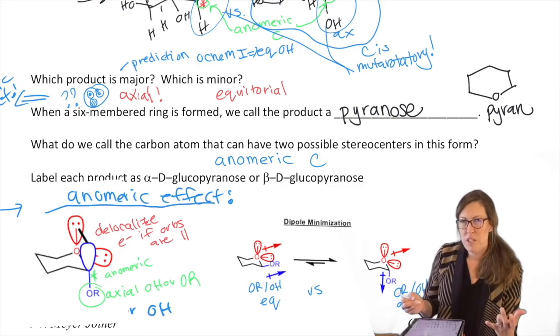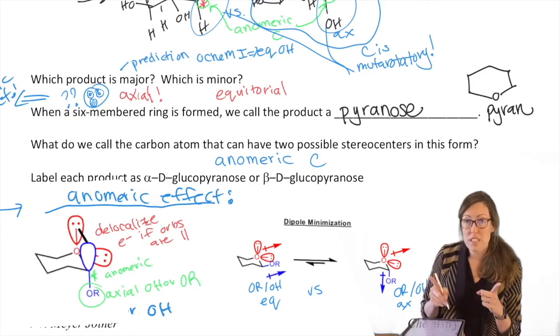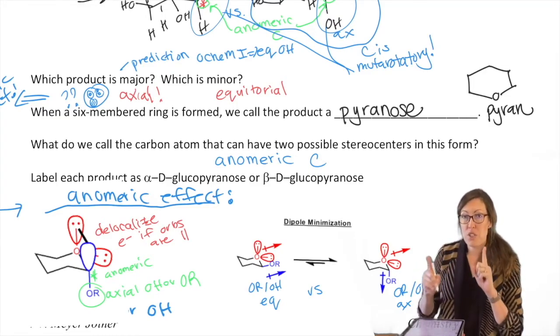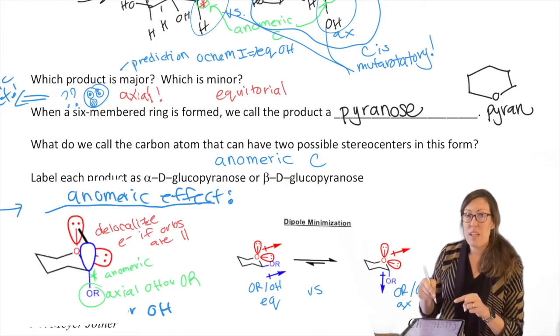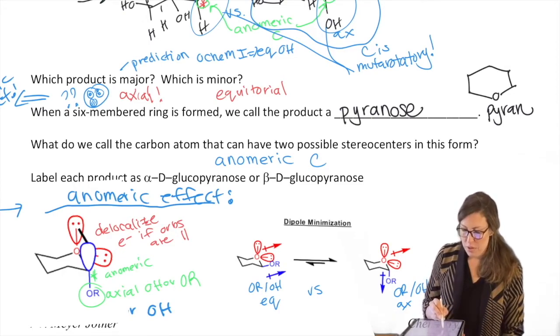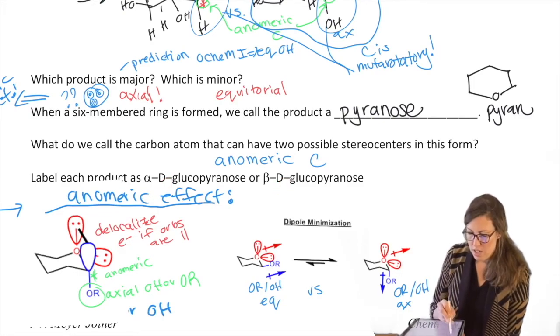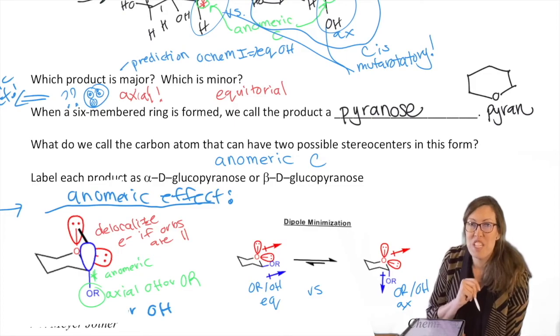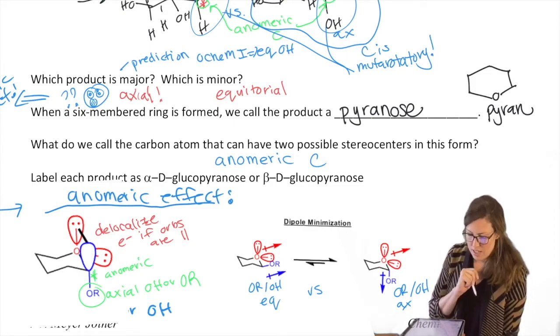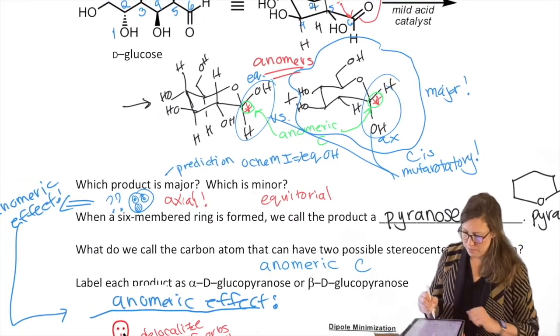So this is a glucose pyranose, or how are we going to say that? Actually, we're going to name it more fully because we have two anomers to consider. They need a name because there's two different ones. So we need a name for each of them. And then we have to make sure we acknowledge that it's a ring. So its correct name is going to be glucopyranose. They were both D because we started off with the D sugar as indicated before. And then what is alpha and beta? That's going to tell us which anomer we have. Okay, so let's go find which one's alpha and beta, because we need to get the full name down.